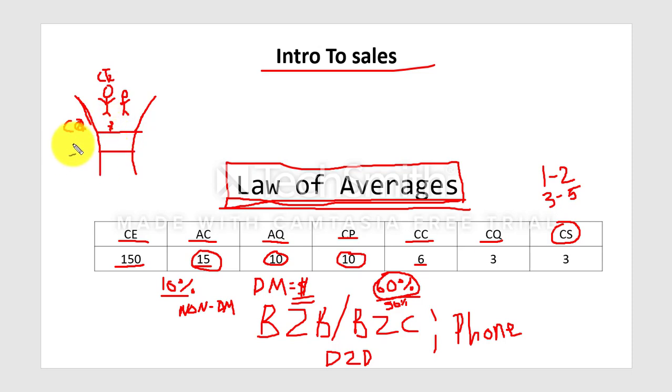And then from there, this will be the part where I actually present to the person. So customer presented, and I'm going to get my presentation better. If I do this every single day, where I fill this funnel with about 150 people, I should end the day with about 3 sales. And that's basically the thinking behind law of averages.